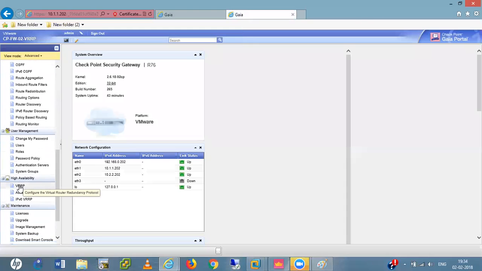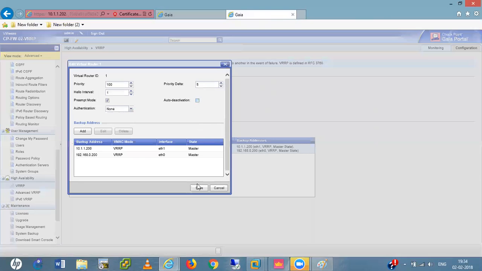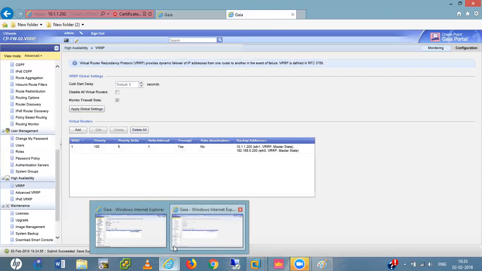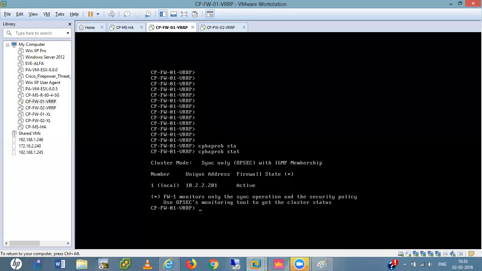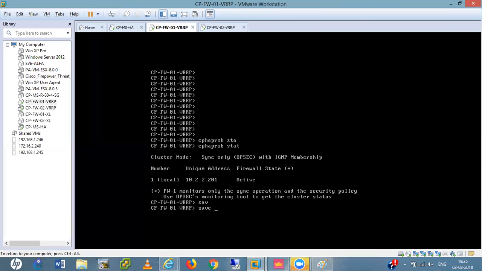Actually, generally people use this one only, that the cluster, that other one. Auto detection. State master. Now what do they become? Delta hello interval. This one. How can you save it here? No, when we click apply, it automatically saves. While in CLI we have the save config command.